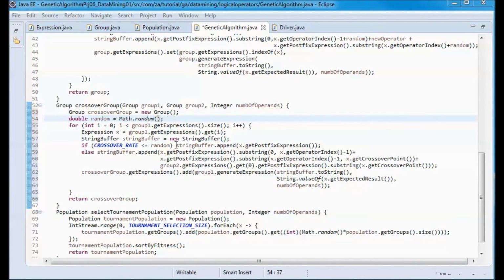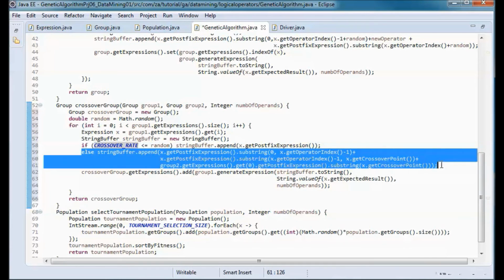So we will append the postfix expression as is to this string buffer, and we will add it to the crossover group and end up returning this crossover group, which would actually be group 1 unchanged. So if this is not the case, then we will perform crossover.